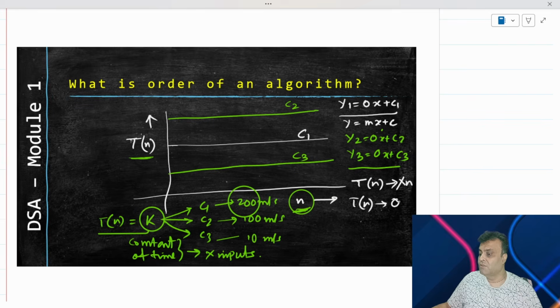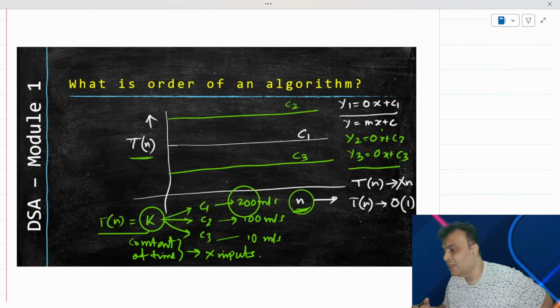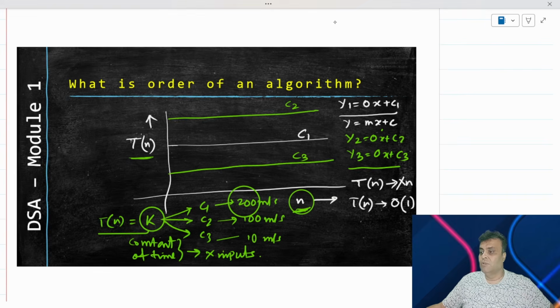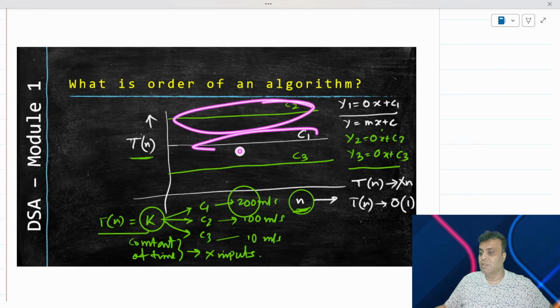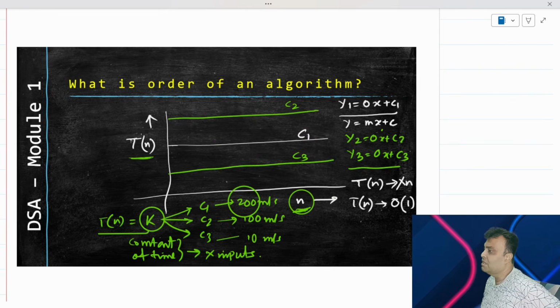So can I say therefore it is an order of a constant time? I do not know what time. I will put just 1. 1 represents that constant time. You multiply 1 in a faster machine by some milliseconds. You multiply 1 in a slower machine by some more milliseconds, right? The crux of the matter will be that the line will still remain the same like this, right? So all of them will execute with an order of 1, which means it will not depend on the number of inputs.